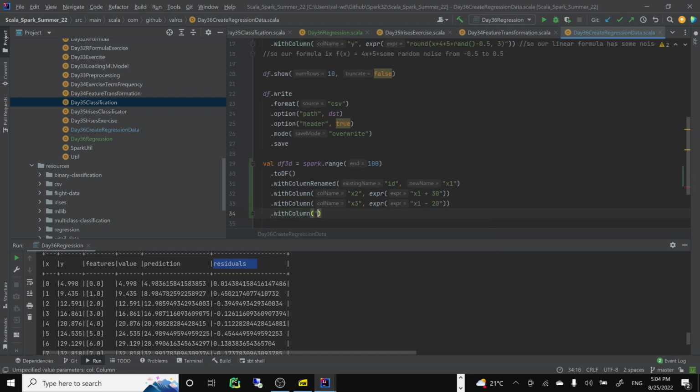Column y, of course, and we need to come up with a good expression here. So let's do an expression. What can we come up with? Maybe we'll do round. We'll have an offset, the offset will be 50, plus x1 times 1, plus x2 times 3,